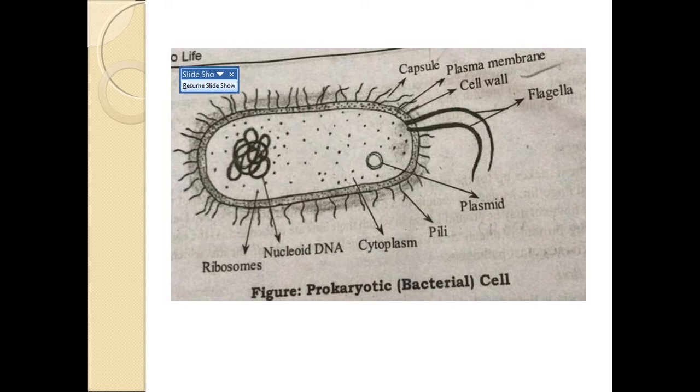Cell wall, you can see here. The cell wall in the prokaryotic cell is the layer which covers the cell. The pressure inside the prokaryotic cell would cause it to burst, but the presence of the cell wall prevents it from being damaged. The damage is prevented by the presence of a layer covering the cell, which is nothing but the cell wall.